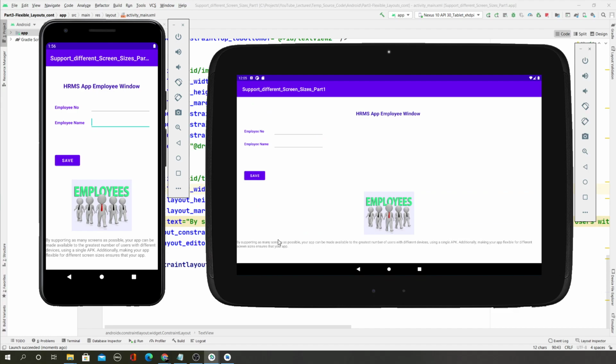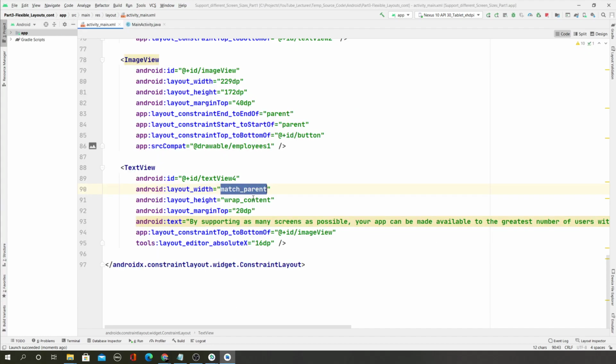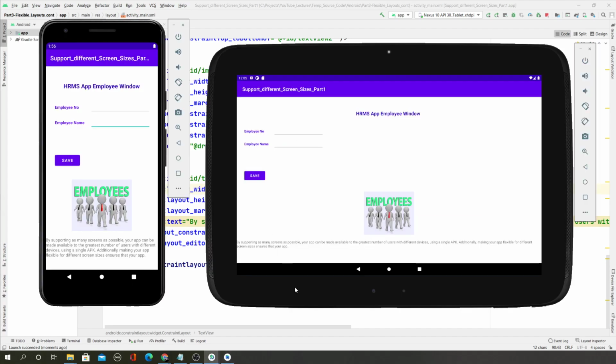If I move the mouse, this is the width towards this side, it's matching the parent. So it's working, right? And the height is just wrap content. The height is from here to here, very small, because that's all it needs. So this is what you mean by avoiding hard coding the sizes.